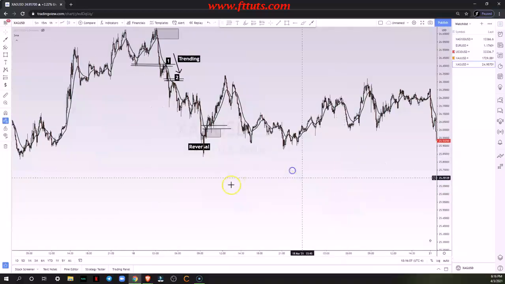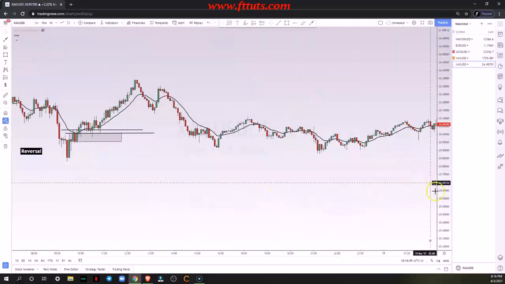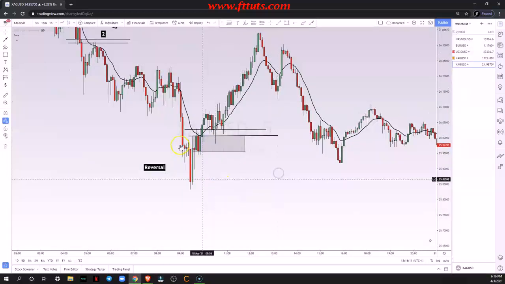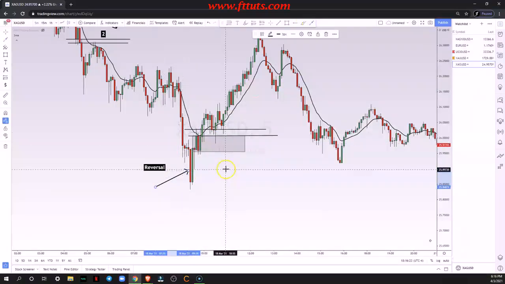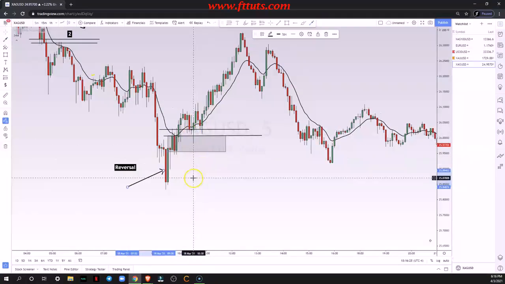Okay, this is another reversal setup. The market was kind of ranging a little bit, then it pushed down really hard. Sellers are in the market, but then look what we get. We get a wipeout bar. Now this is a reversal pattern. Once we see this, we should be getting in for the buy right here